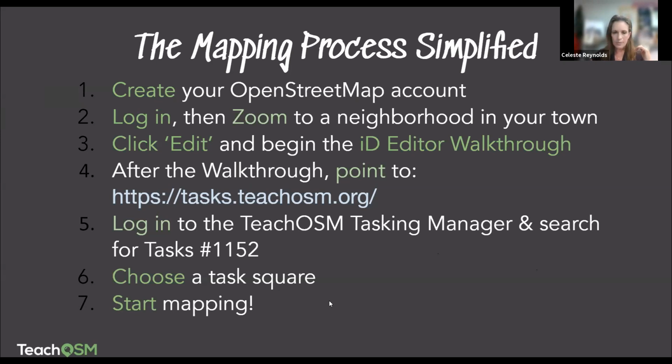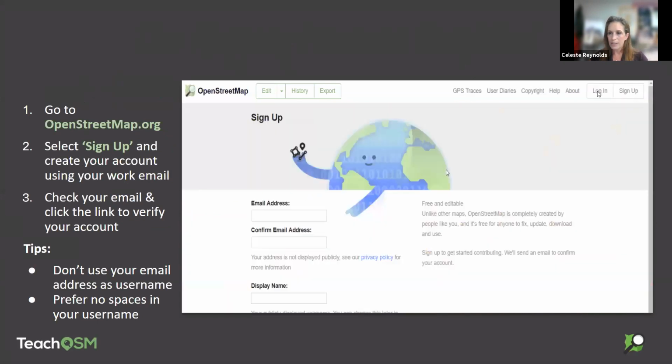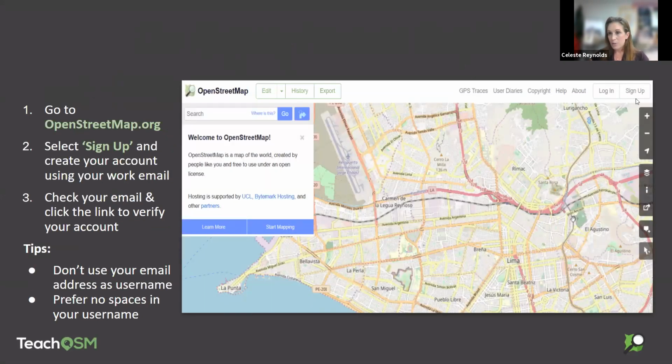I don't know why this is not moving. There it is. You can go to openstreetmap.org. If you go up there, you'll see this right here, and it says sign up. You sign up and you create your account. Then you'll get an email and you'll have to verify that. So you can create your